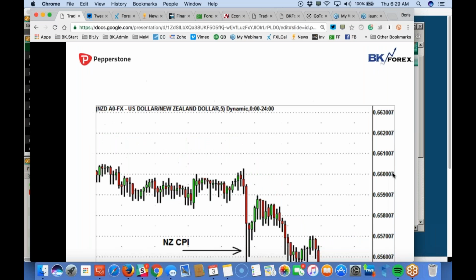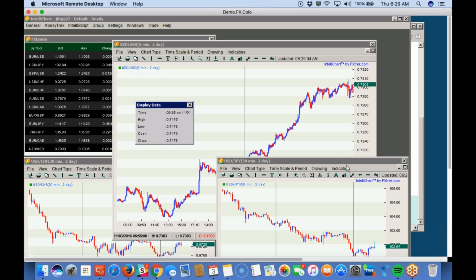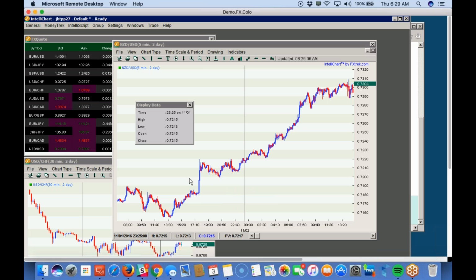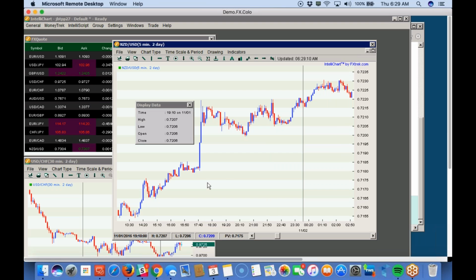Going back to that actual live example of New Zealand. Where's my New Zealand thing? Let's take a look at New Zealand just one more time. So this was a big pop. It was 71.80, right? It popped all the way up to 72.20. You really couldn't have gotten it within 5 or 10 pips of the original value, but you could have said to yourself,